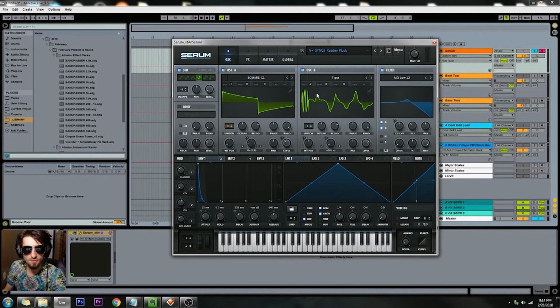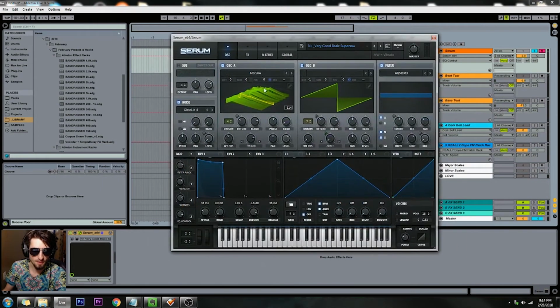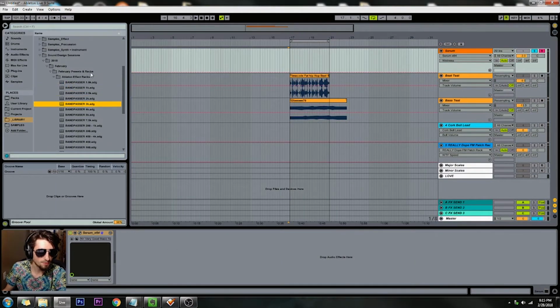Then there's this one, which is more of a pluck sound. And then lastly is just a normal kind of super saw sound, but it's very customizable. So those are the Serum presets you'll get in the pack, and on top of that there's all these Bandpasser